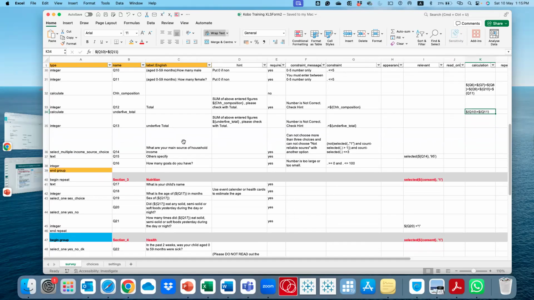We also saw that one of the questions, when we asked what are the main sources of income, is another one of the questions. And we saw that the question had a maximum of 3 options, that you can only select 3, right? So you cannot select more than that.